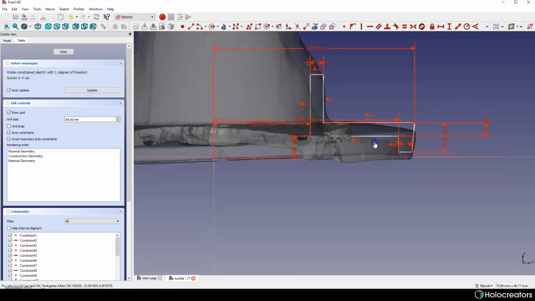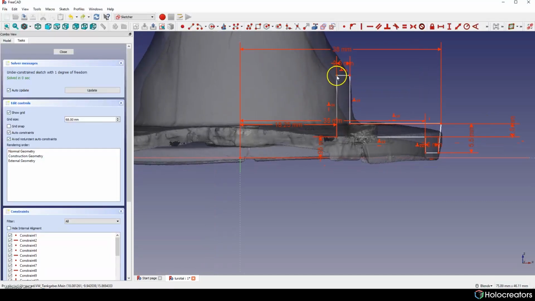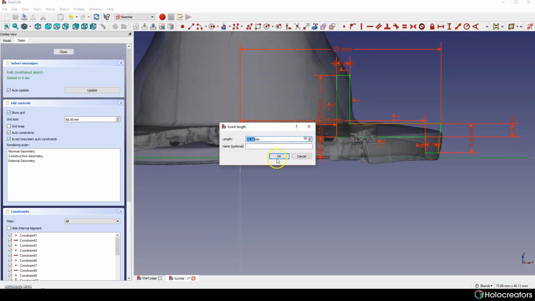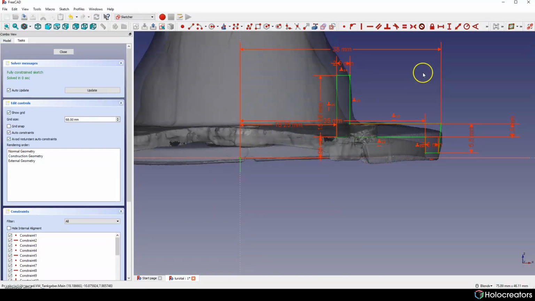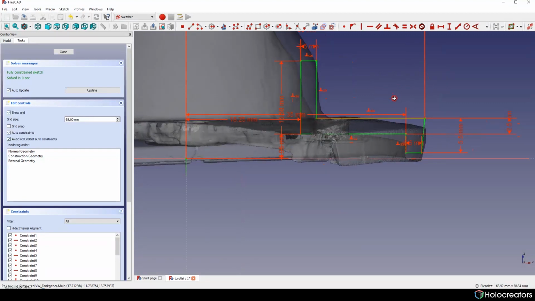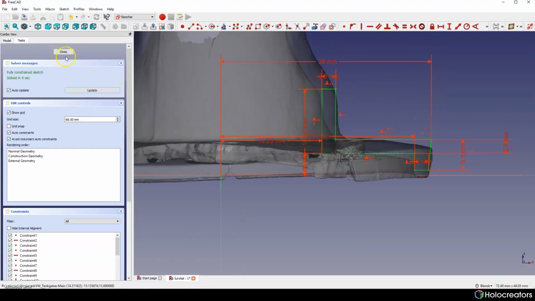Only 1 degree of freedom left. And we can end this by adding distance over here. Now it's fully constrained and we can go further.